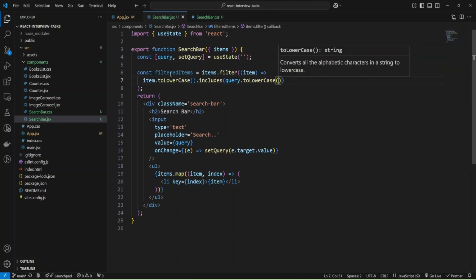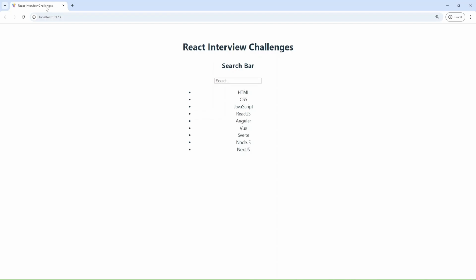Okay, and now we can use filtered items instead of items. Let's check what I have. I'm going to refresh and provide some values. As you can see, we have some filtered values, and I can provide JS, and looks good so far.